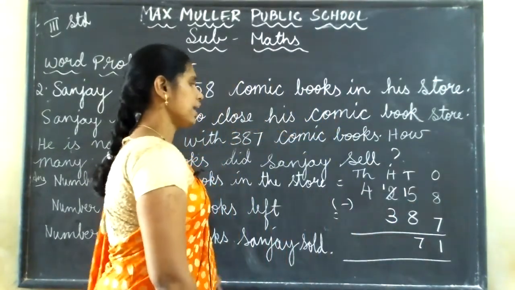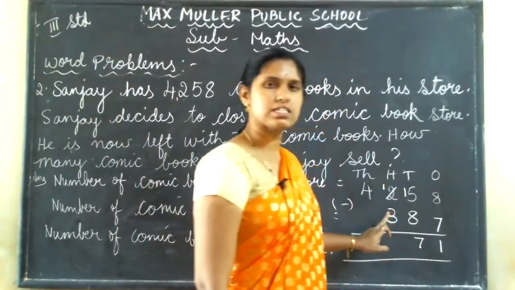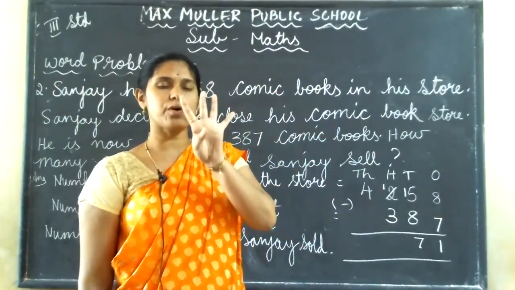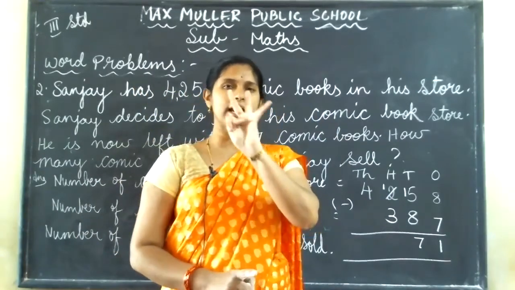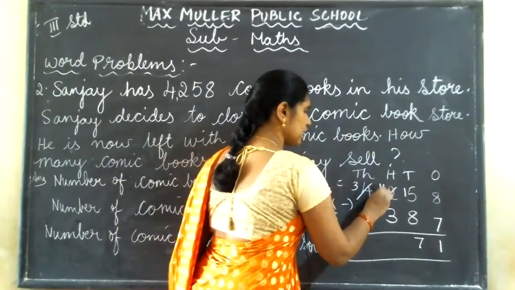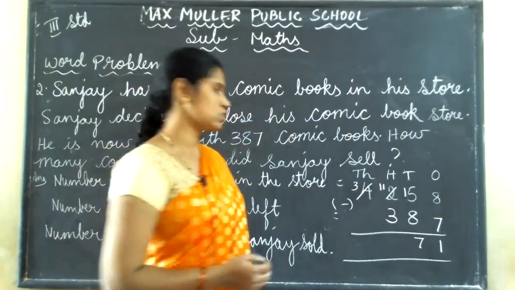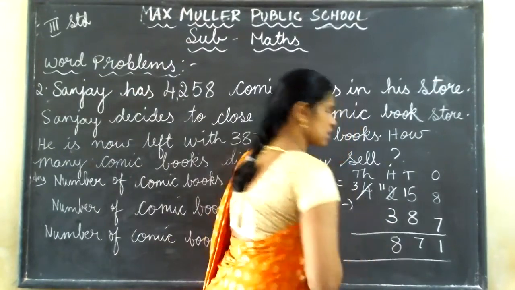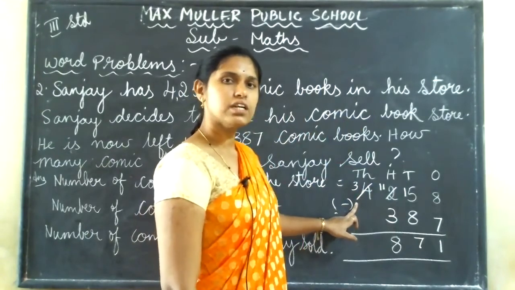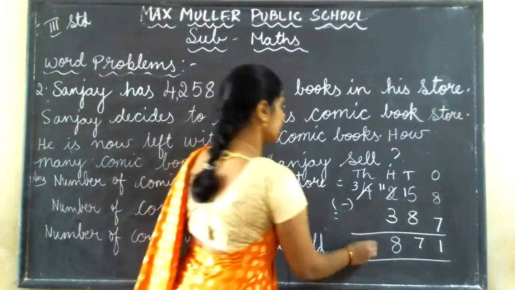Understood all of you? Next, in hundreds place, 1 minus 3. From 1, can I minus 3? No. Go to the thousands place. In thousands, what is the number? 4. From 4, if you minus 1, how much will you get? 3. So write this 3, and 1 I'll carry to the hundreds place. 11 minus 3. From 11, if you minus 3, how much will you get? 8. So write the answer 8. Next, in thousands place, what is the number they have given? Only 3 you have. Is any number there to subtract from 3? No. Bring this 3 down.